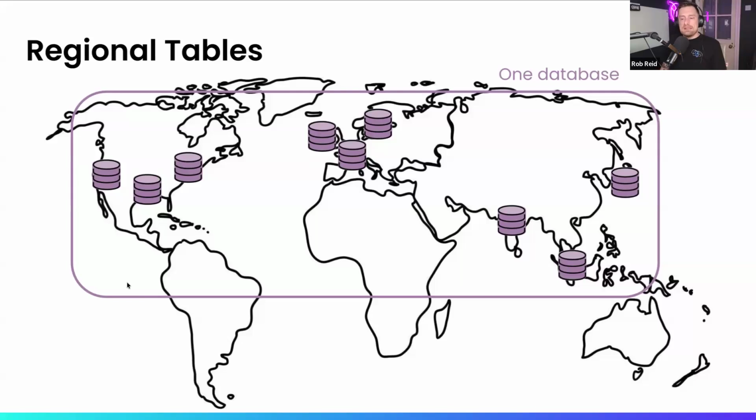Now, let's say you're running a global e-commerce business and all of your administrative users are based in Europe. That data doesn't need to exist in the Americas or in Asia Pacific. It only needs to exist in Europe where those administrative users are situated. So you can pin that table to Europe and it doesn't have to exist in the other regions, or at least the leaseholders don't. You can actually also partition the data in a way that it never actually leaves Europe, but that's a choice you can make, and that's very easy to achieve.